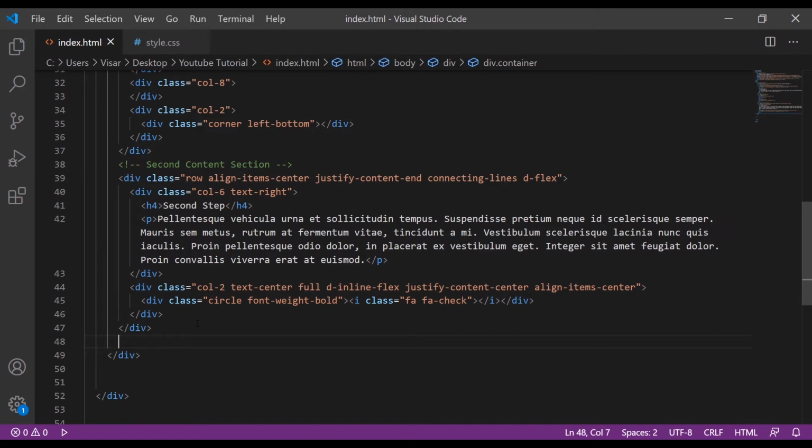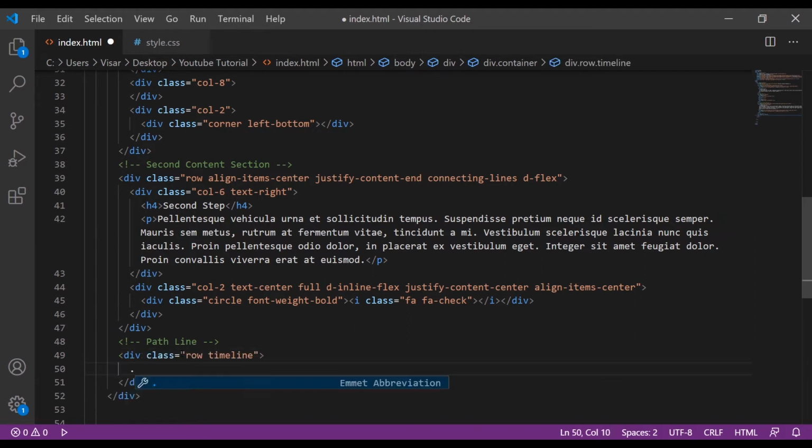Now we create the line, so the path line. Just comment path line. Okay, so now create a div with the class of row, and then timeline. Inside col-2, so column 2.